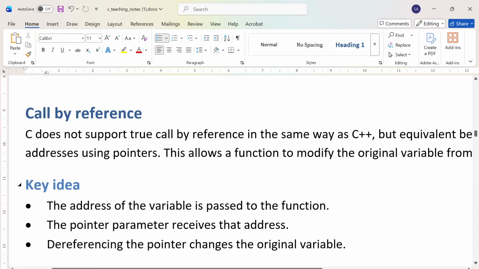So when I say pass by value is the default behavior, there is something else, right? And that something else is called call by reference. Okay, this was call by value, this is call by reference. Okay? So call by reference is like